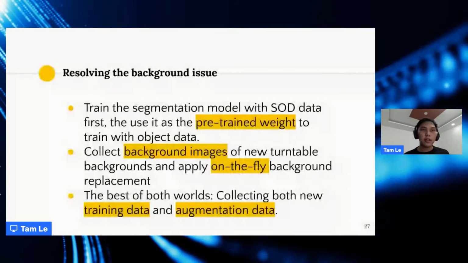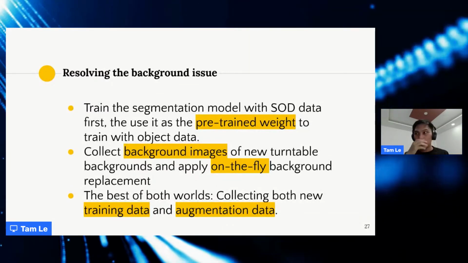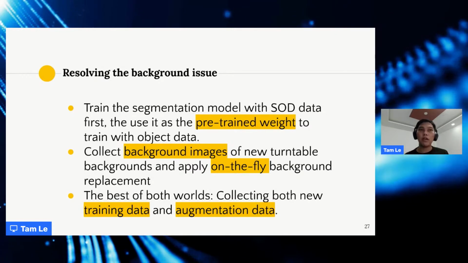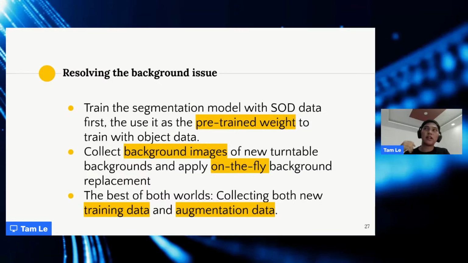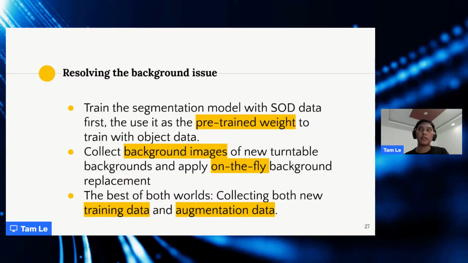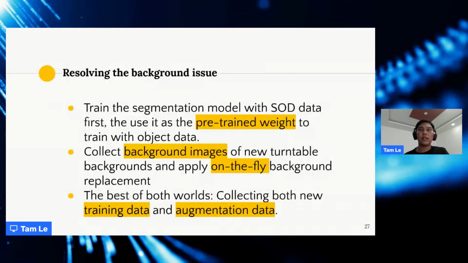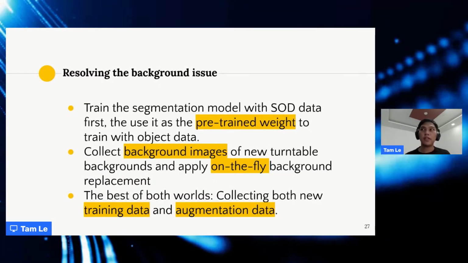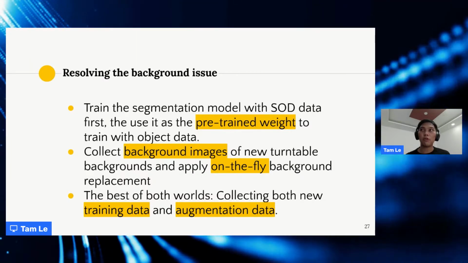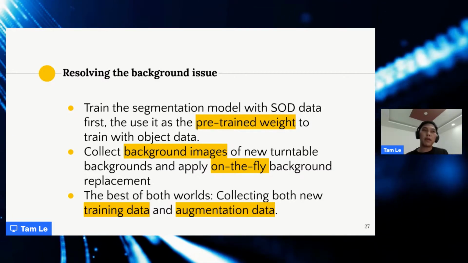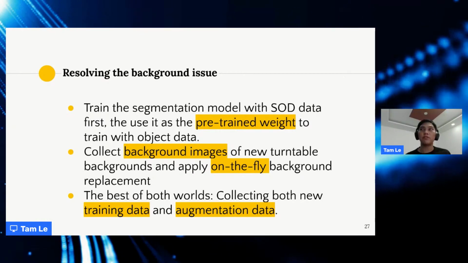So for this kind of issue, we successfully deployed a segmentation model that can work with unseen backgrounds. And whenever you try to use a new background, we only need to take a few images, like 100 images of that kind of background, and just fine-tune it again, and it works perfectly on the new background. So this kind of solution is very scalable because even though the model cannot work with all the backgrounds that you possibly use, it's very easy to fine-tune the model.